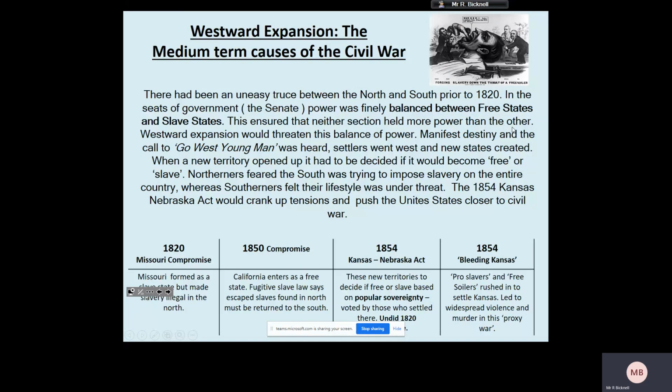Right, next medium-term cause, the Kansas-Nebraska Act, 1854. Do you remember what this falling out was over? The building of something? The railway, is that what you're going to say? Yeah, excellent, a railroad. We've got the Transcontinental Railroad being built from one side of America to the other, and wherever that railroad runs